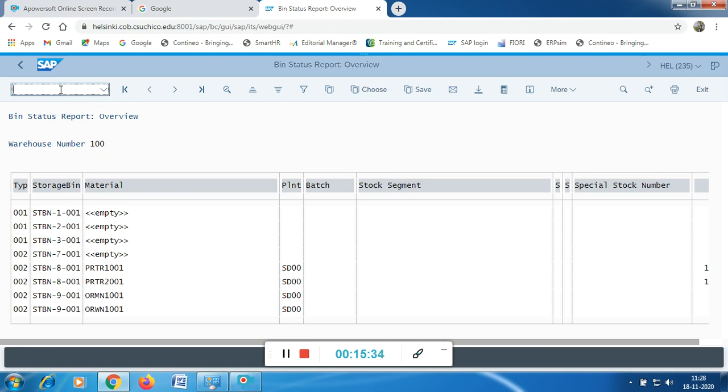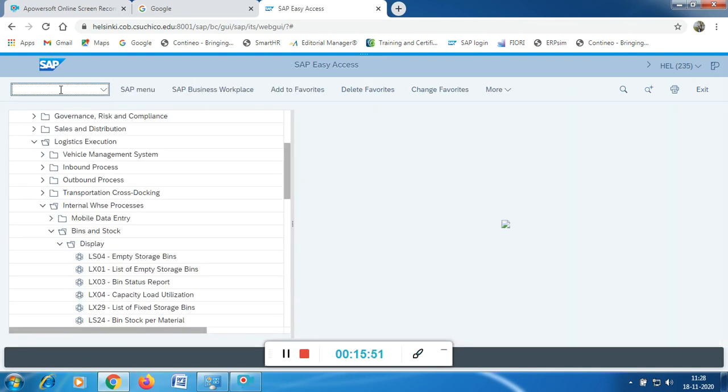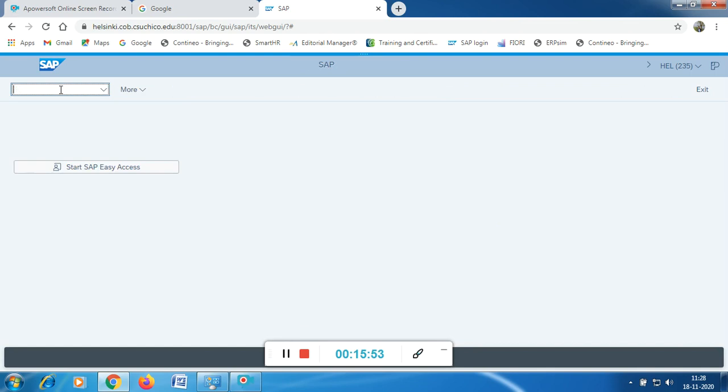So initially we have carried out 4 steps. First step was creation of purchase order. Second step was the goods received for the purchase order. Third step is check the stock. Fourth step is we run the bin status report, just to make sure which bin is empty, so that I'll be storing in that corresponding storage bin. So next step is I'll create a transfer order now. That is, I need to tell the people to transfer the materials from the stockyard to the particular storage bin.